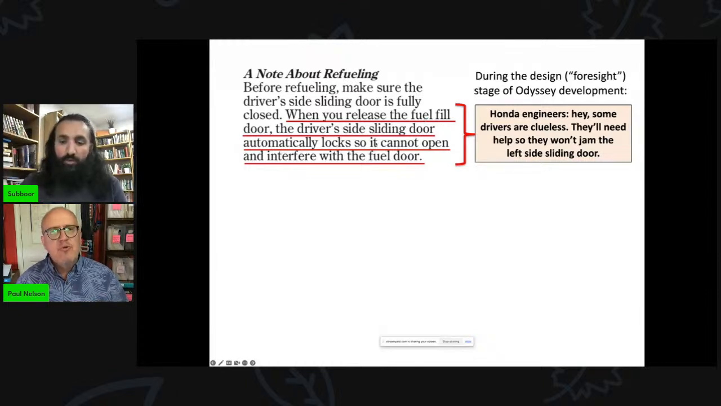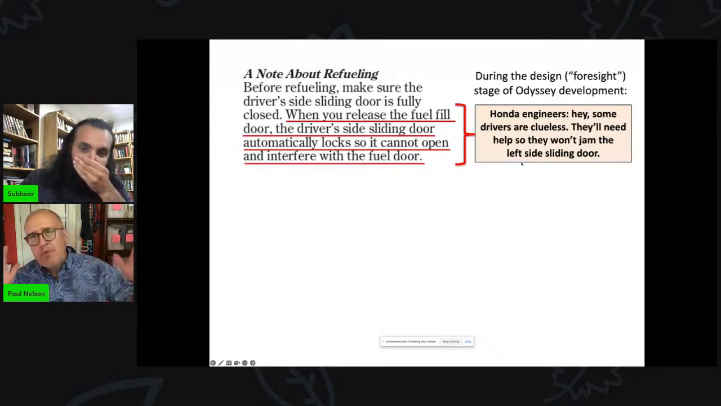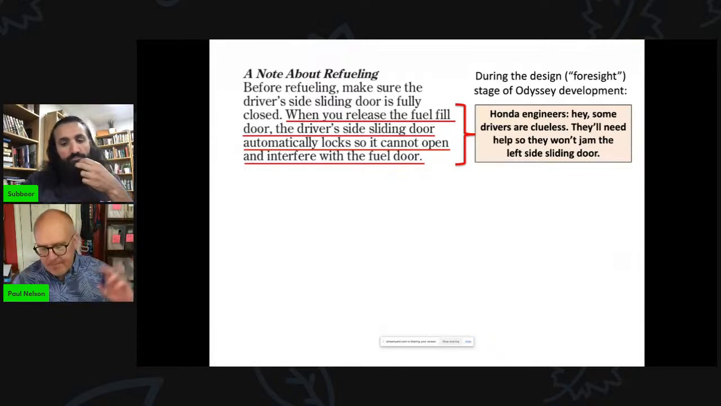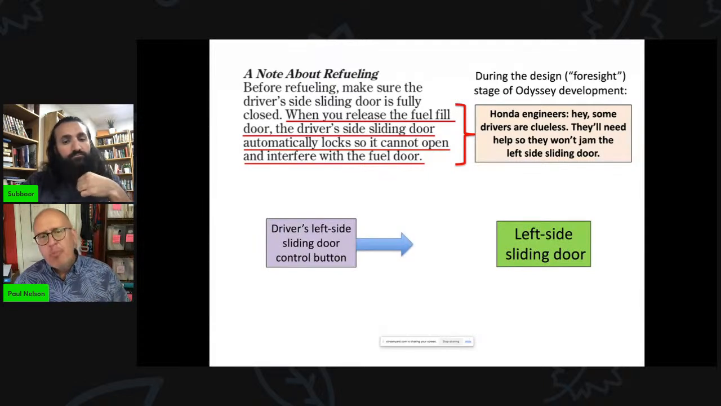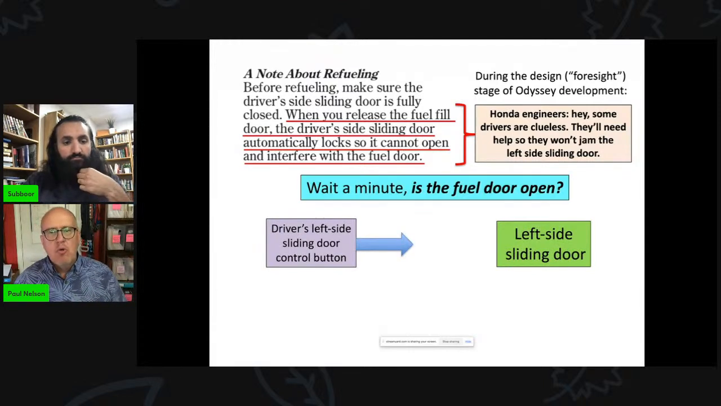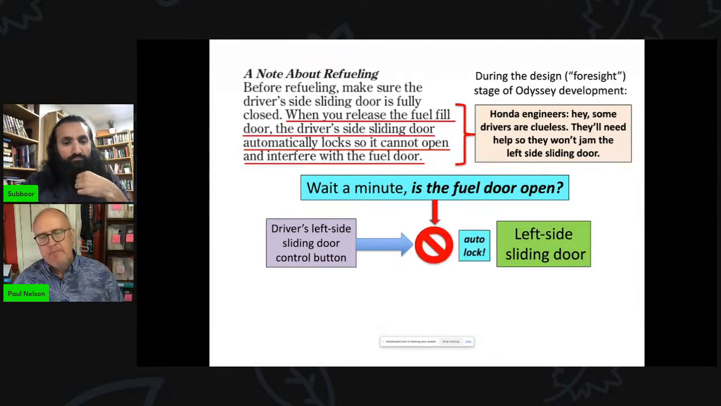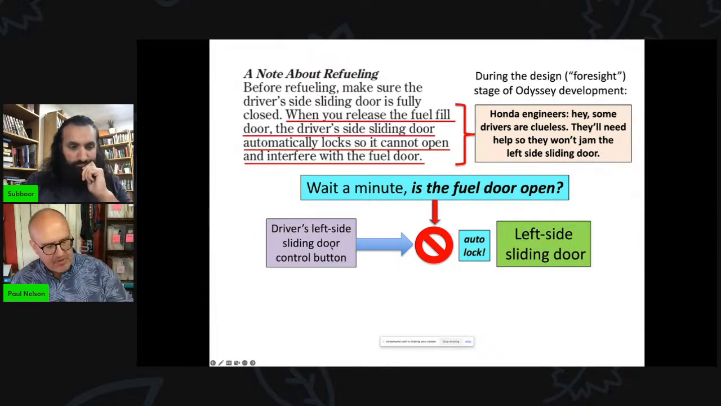Okay, so this is actually taken right out of the owner's manual. When you release the fuel fill door, the driver's side sliding door automatically locks. All right, that's why I couldn't get it open. Why? Because it may crash into the fuel door. And the designers say, there are going to be some people who buy this car who are a little dim. And they are going to try to open that left sliding door when the fuel door is also open. What do we do as engineers at Honda? We build a system so that when you hit this button, as I did in my position in the driver's